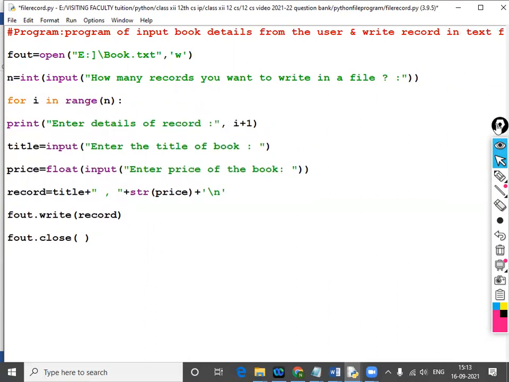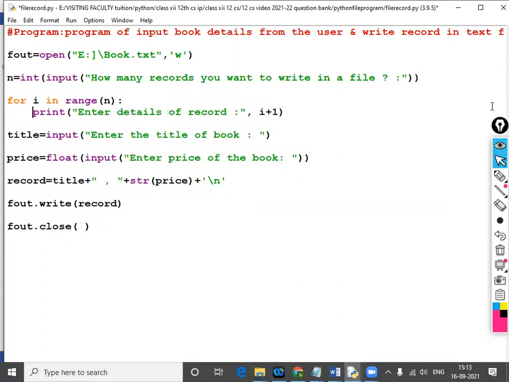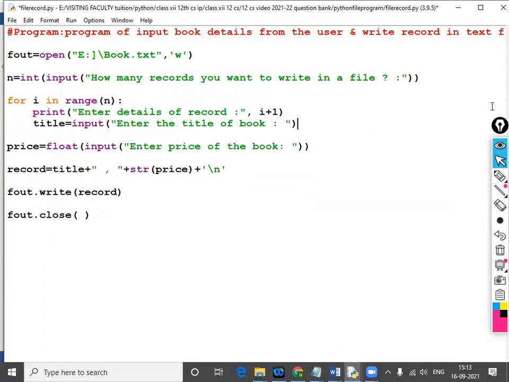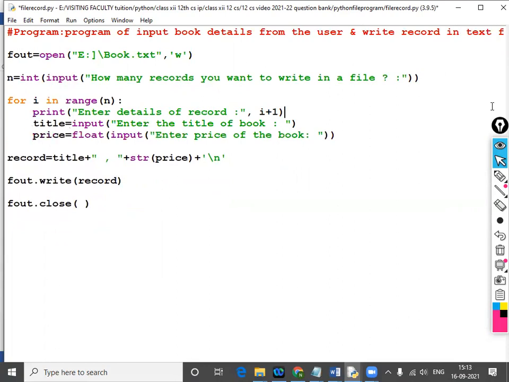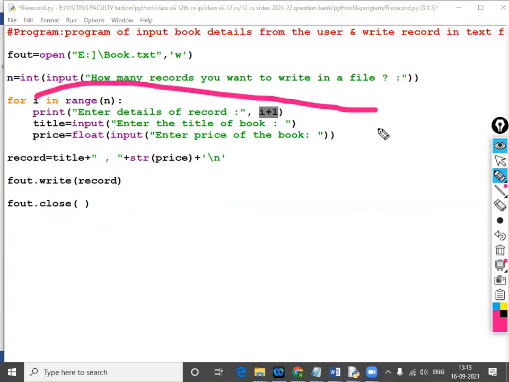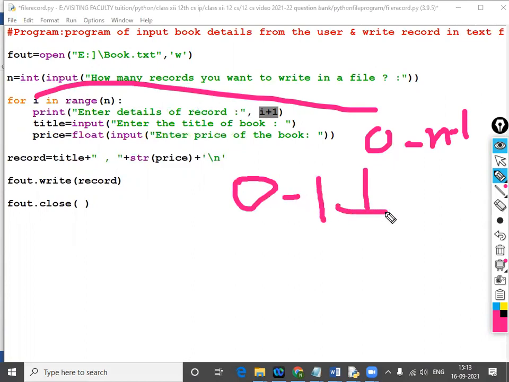For i in range n, the record will be stored from 0 to n minus 1. Enter the title. Why i plus 1? Because loops always start with 0, so 0 to n minus 1. So i plus 1 means the first record is at position 0. First record, enter title.